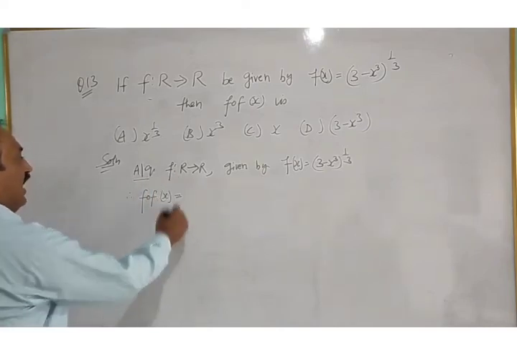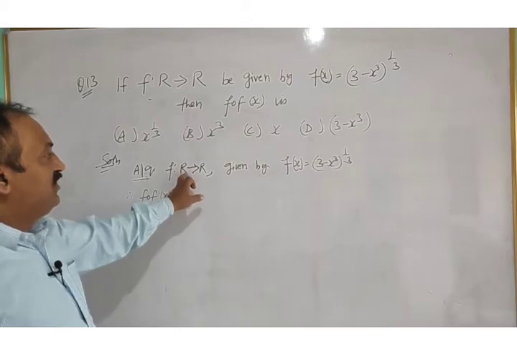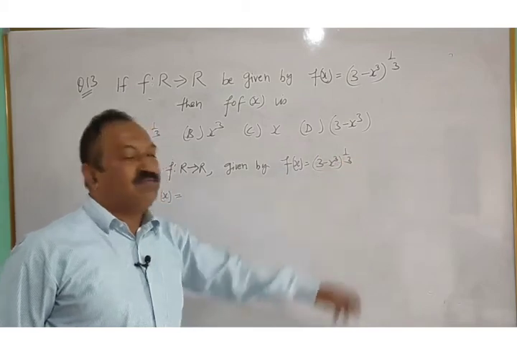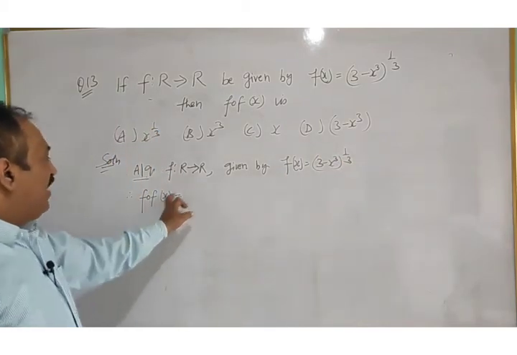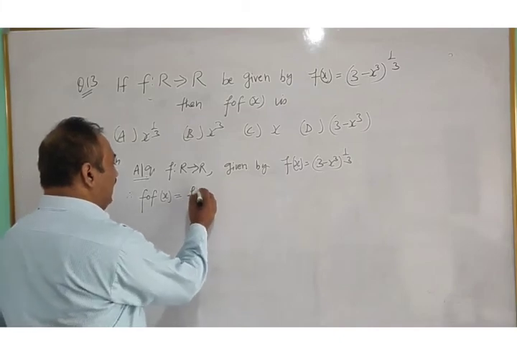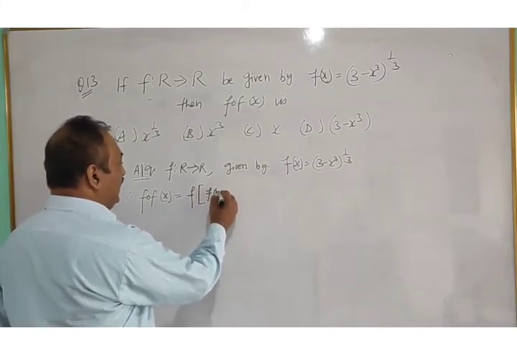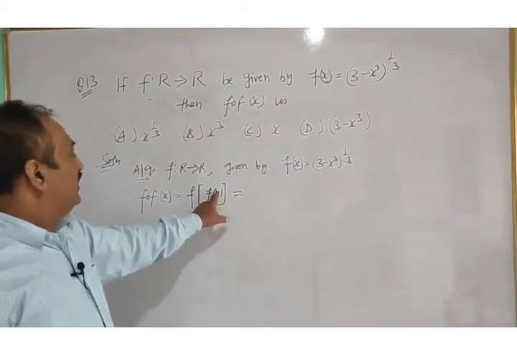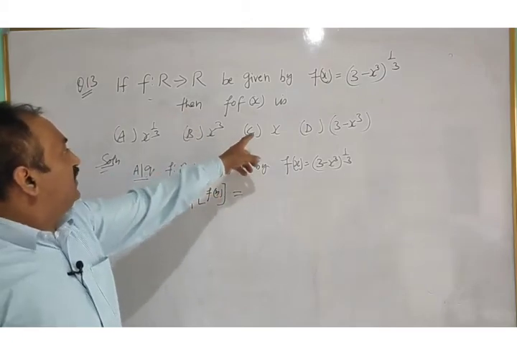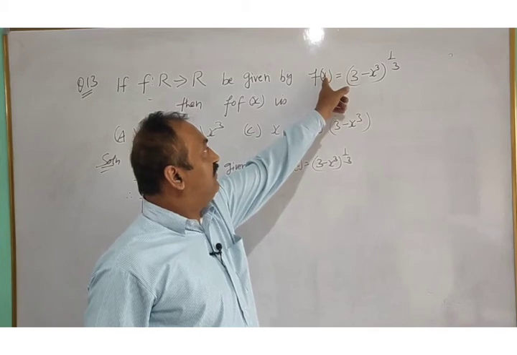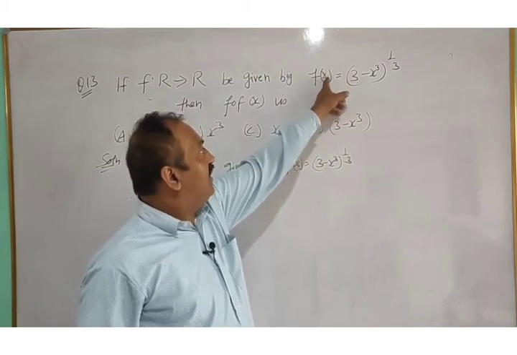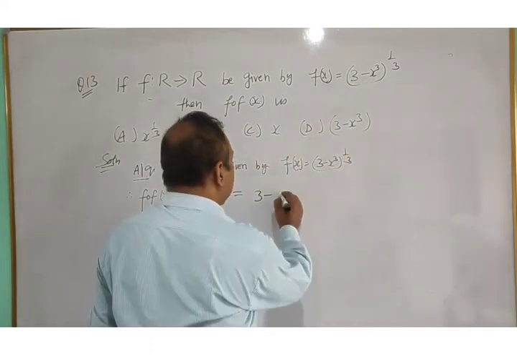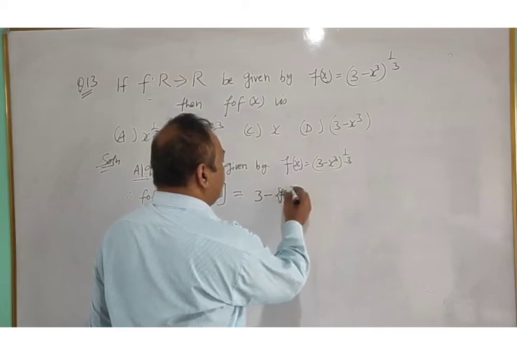According to the question, the given function is from real numbers to real numbers given by f(x) is equal to (3 minus x cubed) raised to power 1 by 3. Therefore, we need f of f(x). In order to find the value of f of f(x), simply change x to f(x) in the function f(x). By changing x to f(x), we will get 3 minus f(x) raised to power 3,